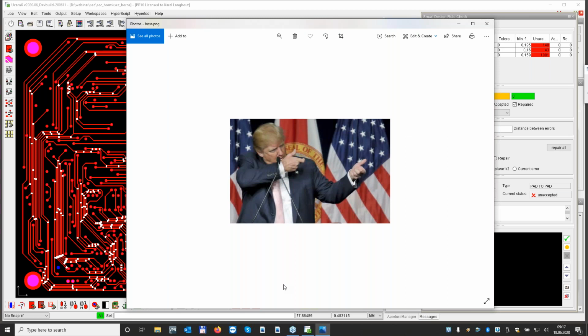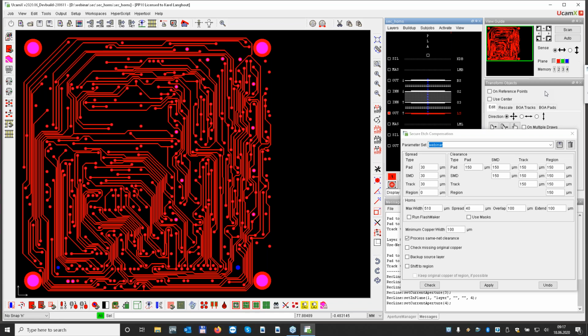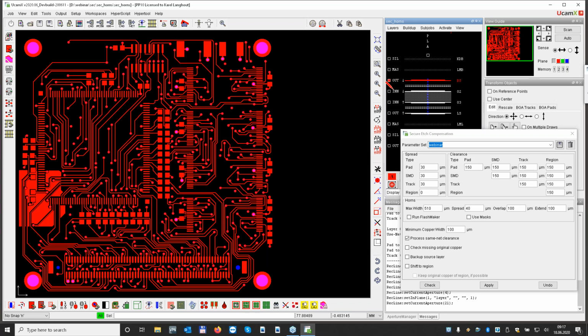So this is where we come in. And we can say, okay, maybe we can make everybody happy. And that's actually what we are going to see now. Well, at least I hope. I think so. Like this. I will do the complete job. Okay. And I say I want to have my spread. I want to have my clearances, like over here.